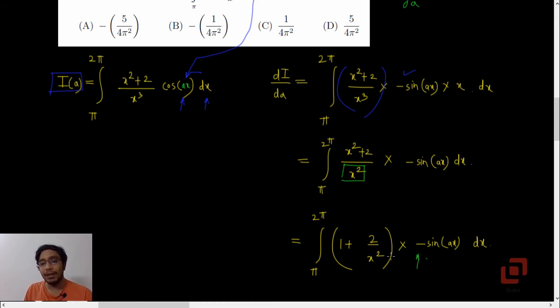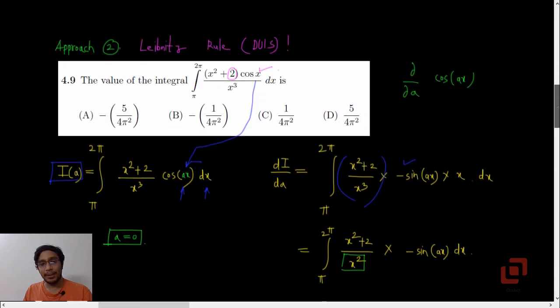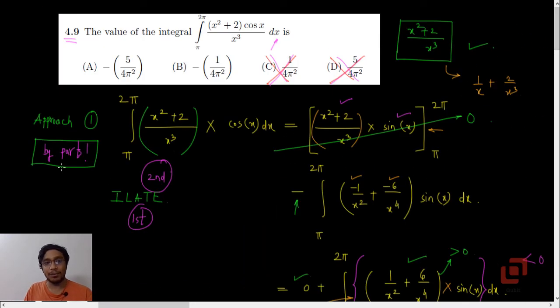Now if at all we could integrate this, then we would have again integrated it with respect to a to get the I, and we could have got the value of the constant of integration by selecting a to be 0, but that has not happened. So the third approach which finally worked is a combination of by parts and careful rearrangement of this algebraic function. So let's see now what that approach is.